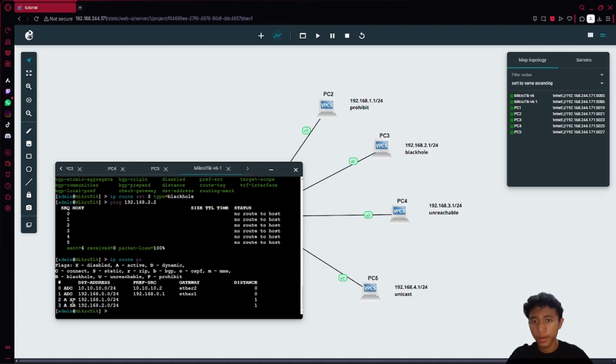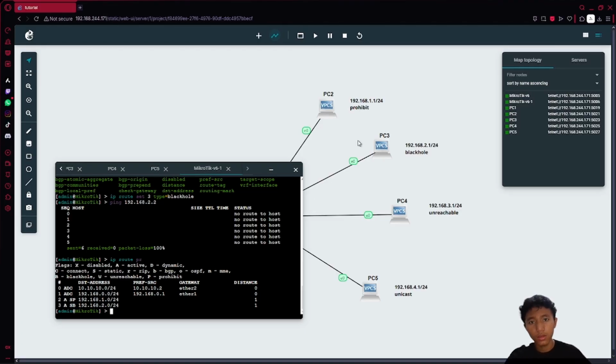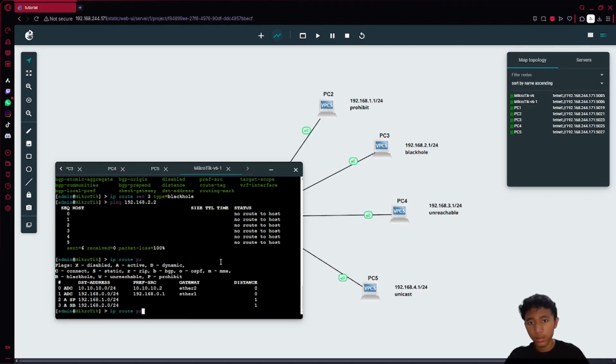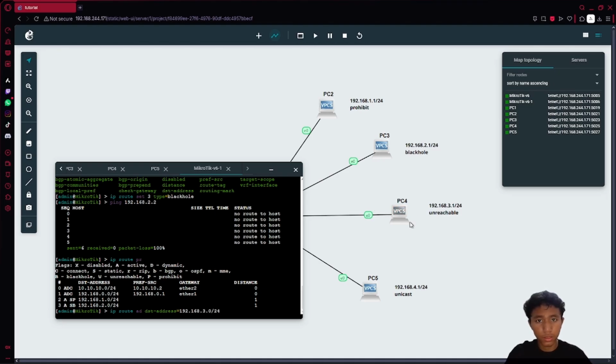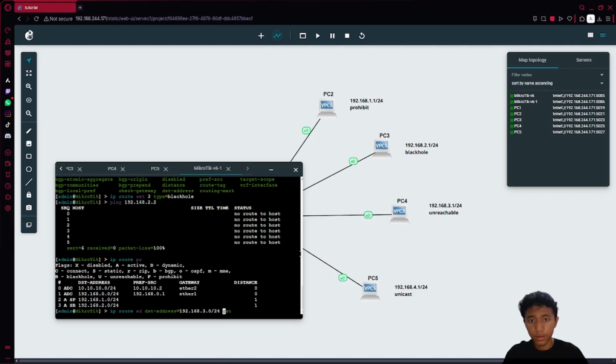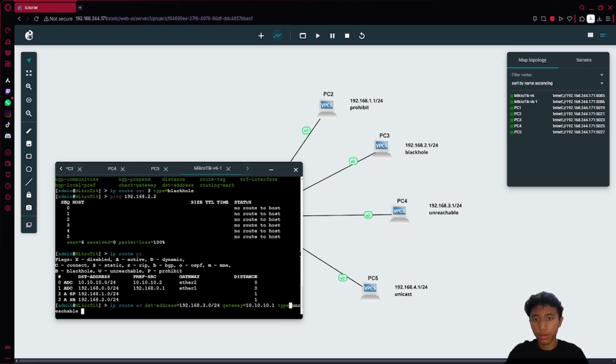In here, the route flags are active, static, prohibit, and black hole. Next, to add it again, you can use IP route add destination address 192.168.3.0/24 for this, with the gateway and type unreachable.